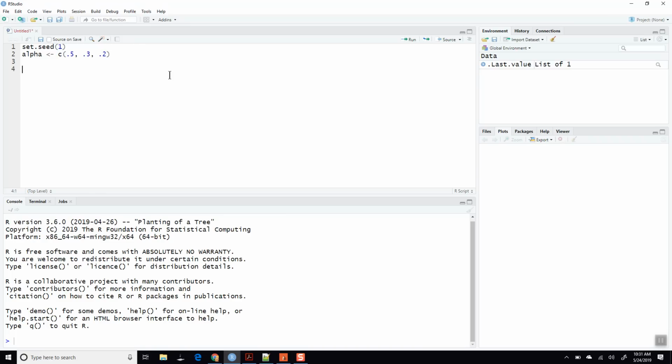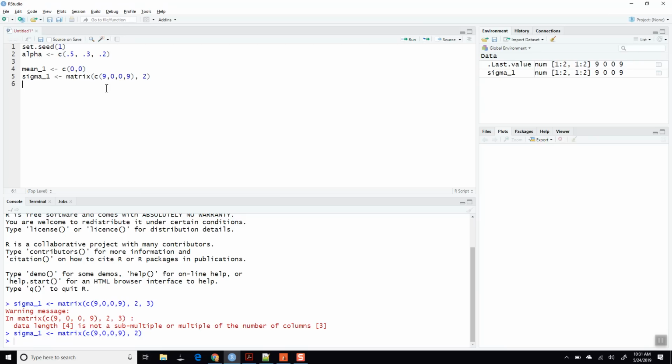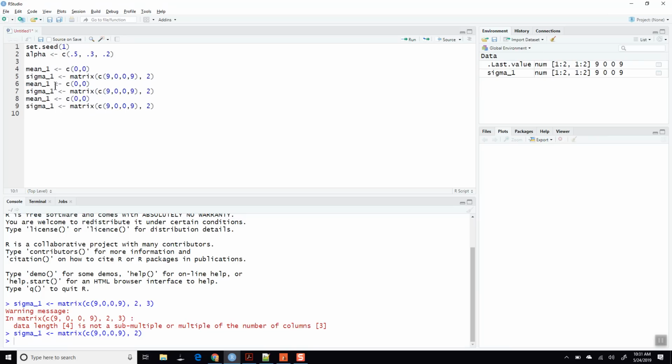And then for distribution 1, I'm going to call mean 1 will be 0, 0, and sigma 1 will be a matrix of 9, 0, 0, 9, 2 by 2. That works. So we've got mean 1, and then let's do mean 2,